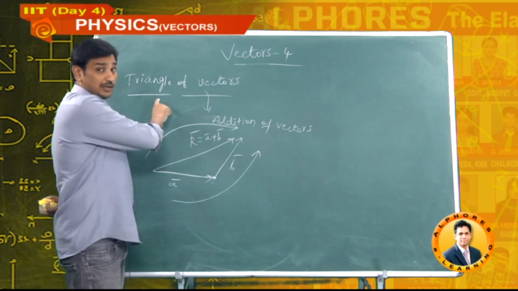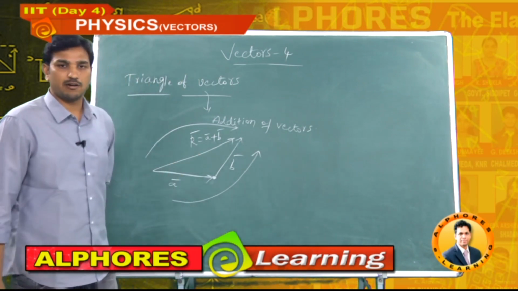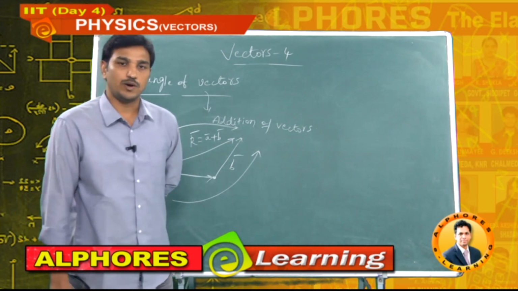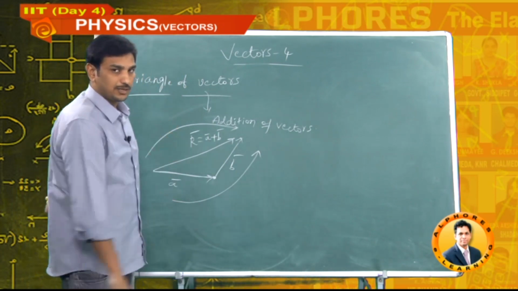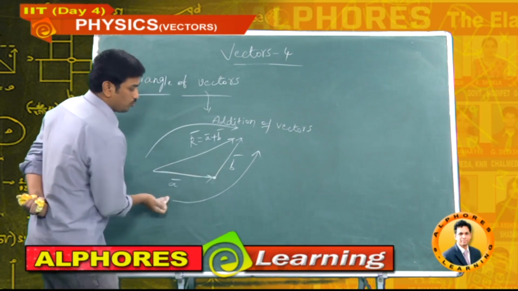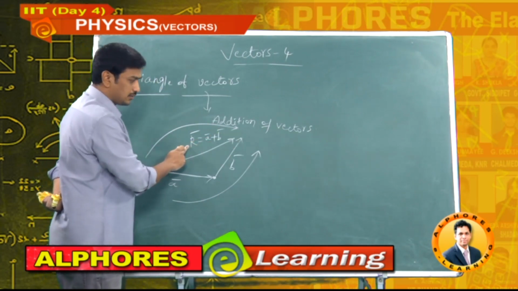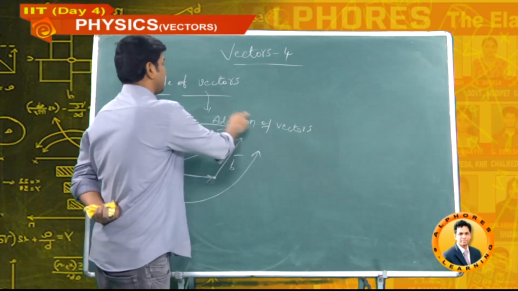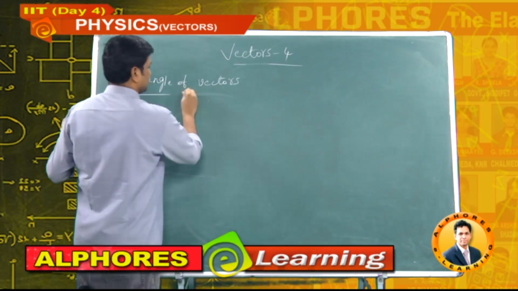I think you got clarity on the statement of the triangle law of vectors. Once again, if the angle between the two vectors is other than 0 and 180, to add the two vectors we use the triangle law of vectors. What exactly is the statement? A bar, B bar are two sides of a triangle, moving in one direction. The closing side of the triangle is the resultant, which is nothing but A bar plus B bar. That is the statement of addition of two vectors by using the triangle law of vectors. We will see some examples.